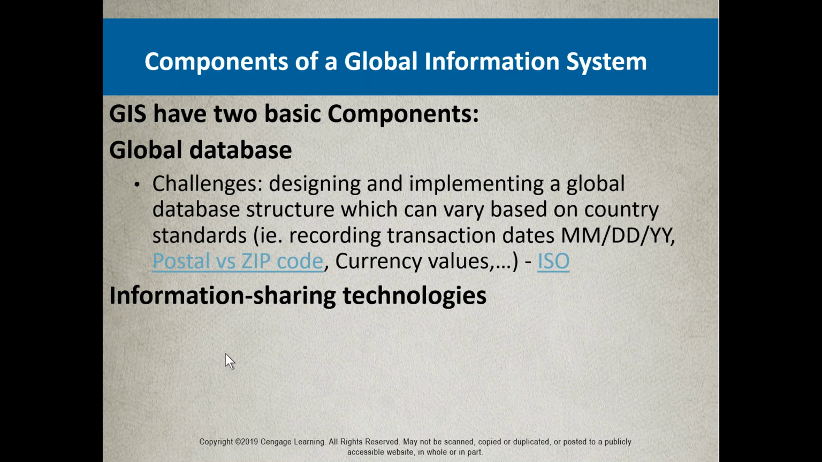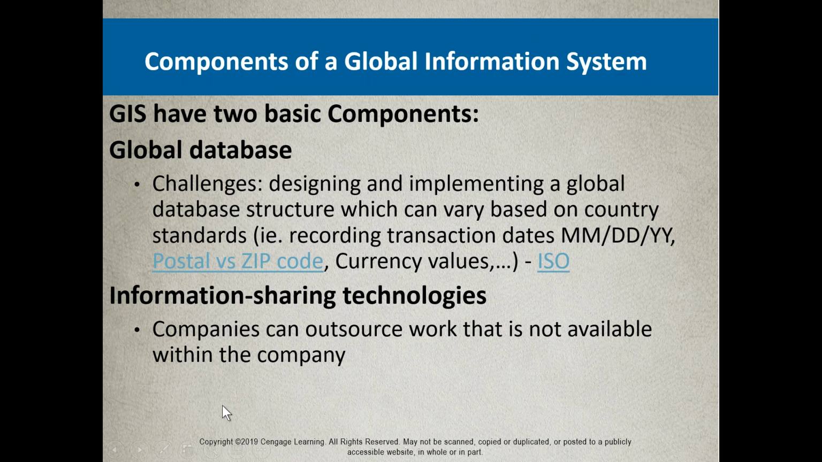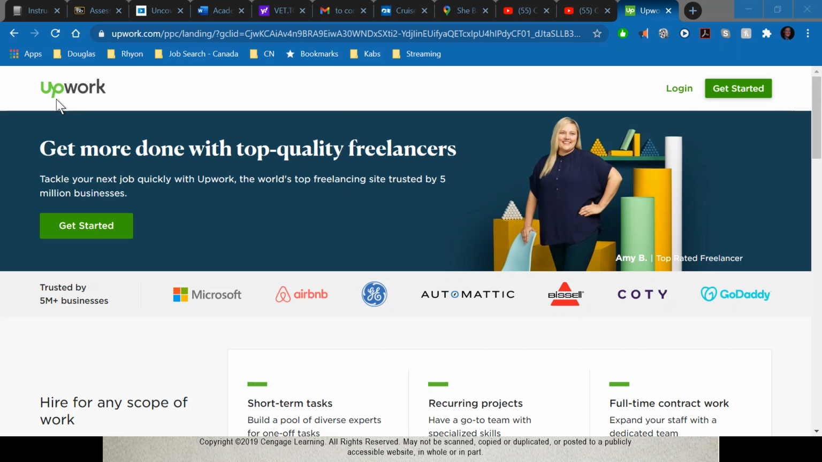These GIS systems also share information and technologies, and outsource. They put this in the book: companies can outsource work that's not available within the company. I've already talked about this. There's a website called Fiverr, and another one, let me see if I can remember, oh yeah, Upwork. And this allows you to